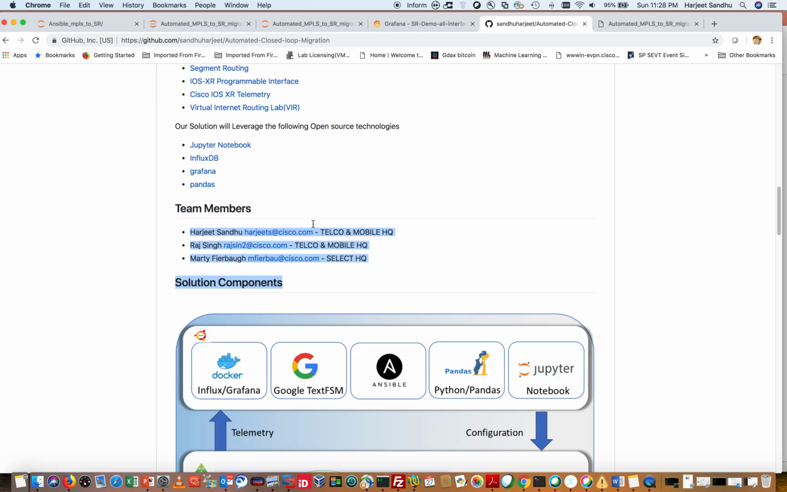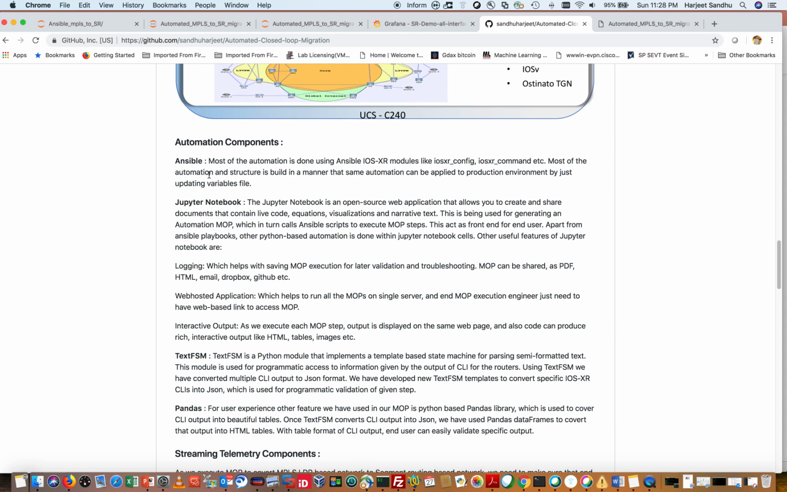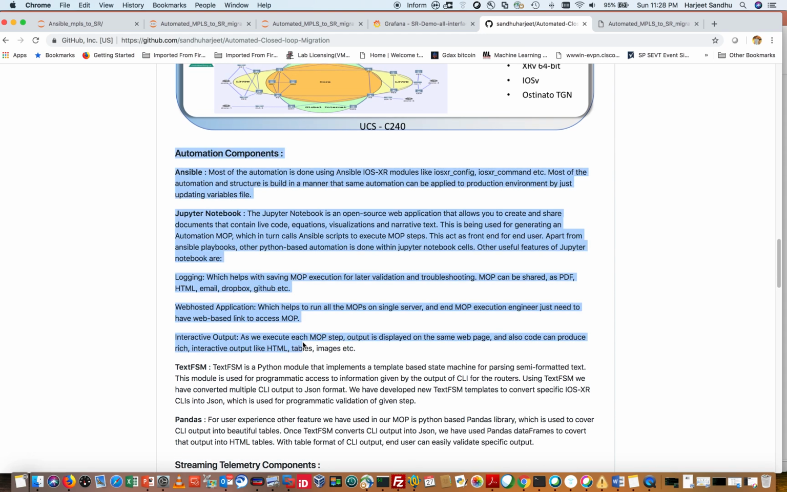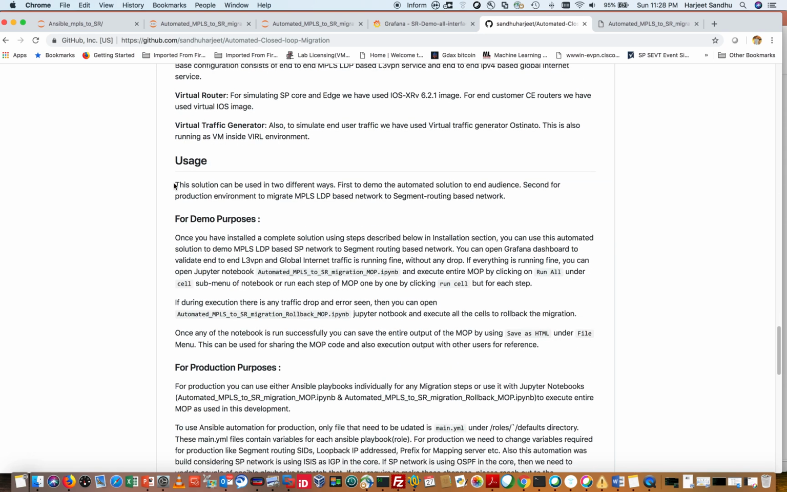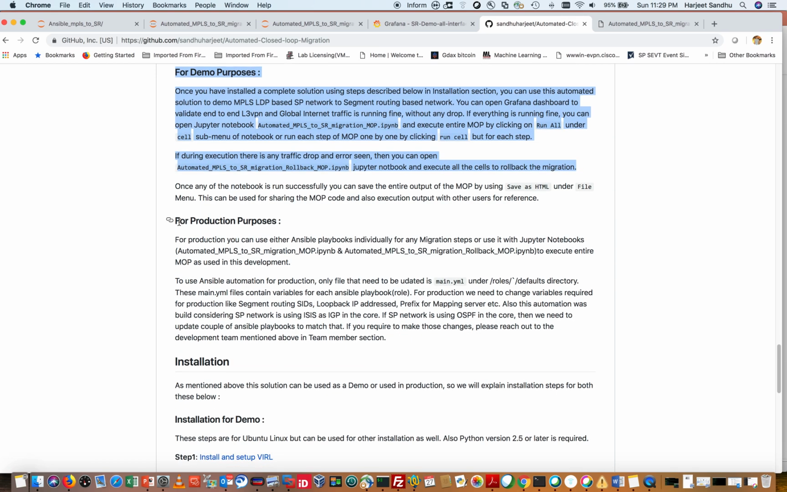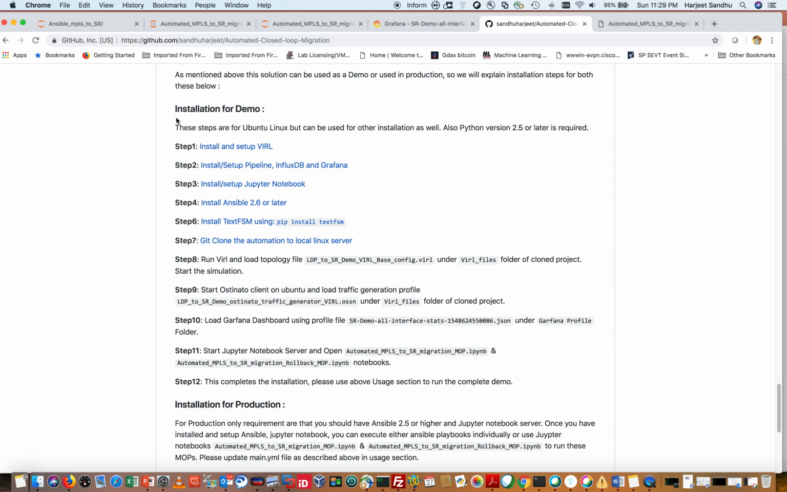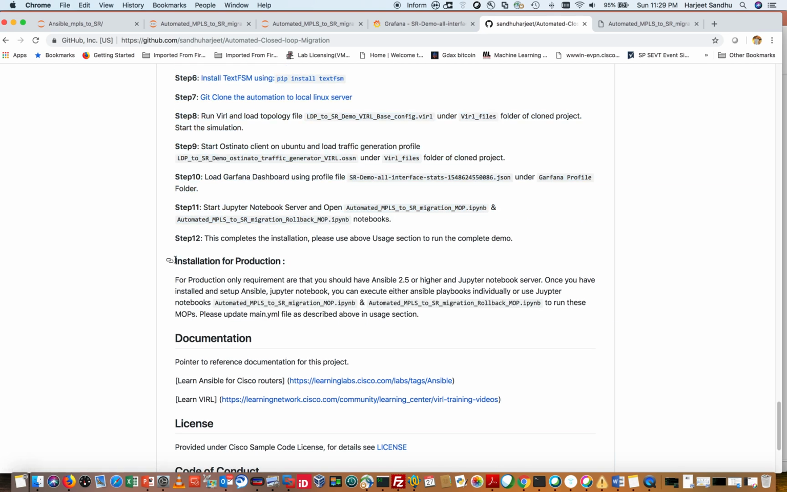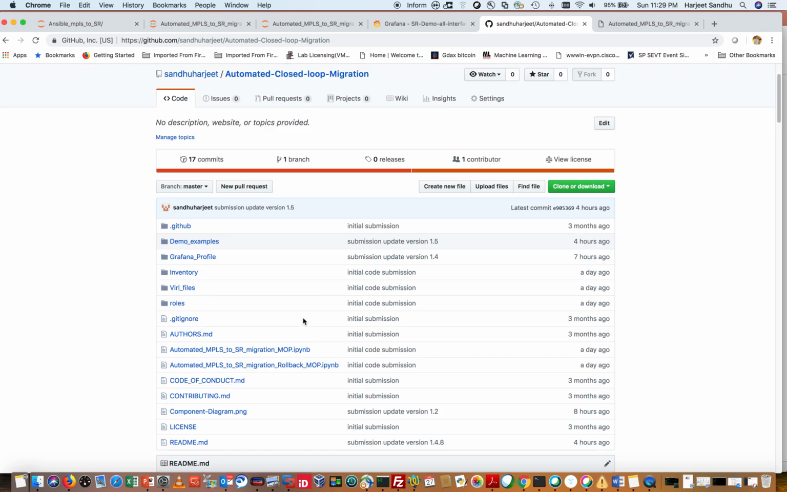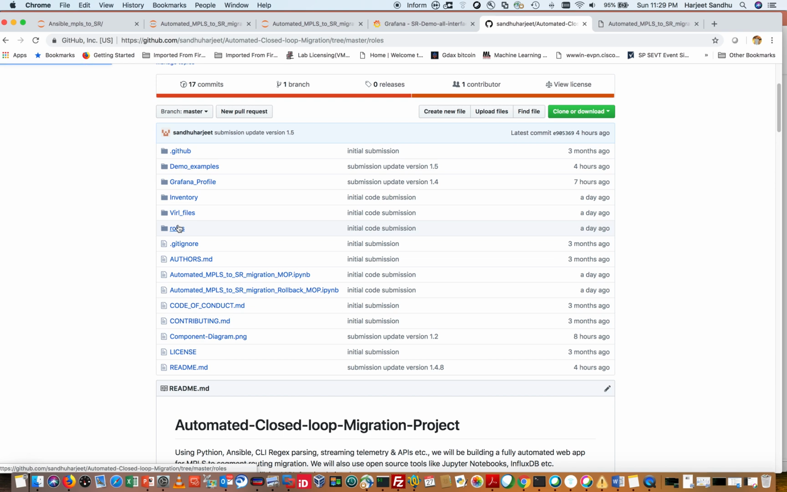So this GitHub page has all the details about our solution, including the component details, which I've already discussed as a part of the demo. Then for demo purposes, the usage, how to use it for the demo, and also the installation, how the installation can be done for the demo purpose as well as the production, if you want to use this automation in the production. So yeah, let's quickly look at one of the